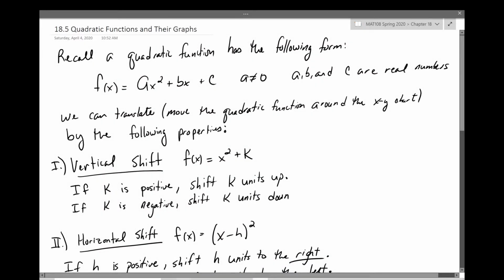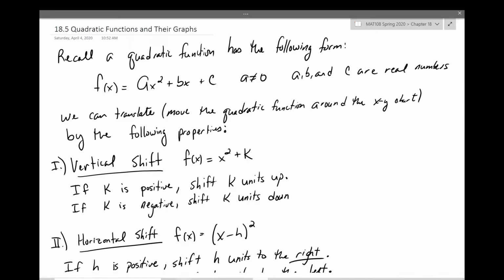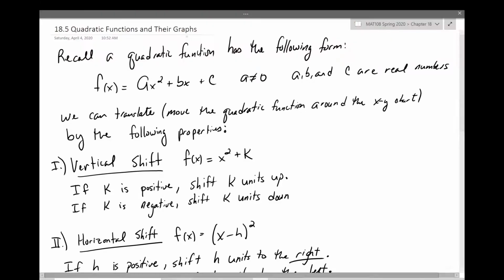Okay, good morning, everybody. So we're going to talk about 18.5 quadratic functions and their graphs. Now, there's a lot of writing initially, okay? And then I'm going to do a bunch of examples after this. So if you want, at any moment, just pause the video so you can write down notes, all right? Because all I'm going to do is just read them real fast. And what I'm going to do is I will highlight the important pieces of information that we need to know,